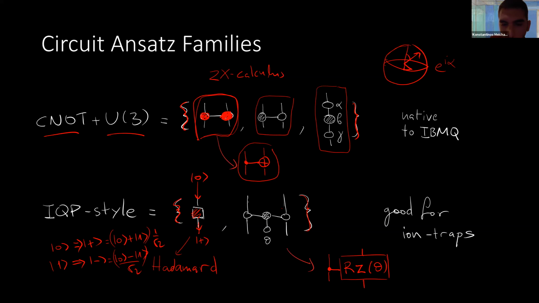So this is the controlled Z rotation. This is the standard way to depict it here, and this is my way to depict it. For example, this is the control qubit. If the control is 0, nothing happens to this. If the control is 1, then this qubit is rotated around the z-axis of the Bloch sphere with the angle theta.